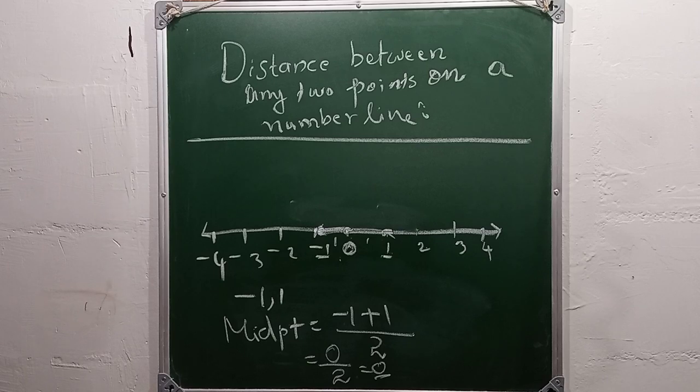And next one is the midpoint of any 2 points on a number line. For that, just add the points and divide it by 2. Okay,